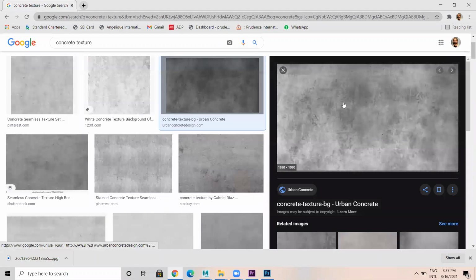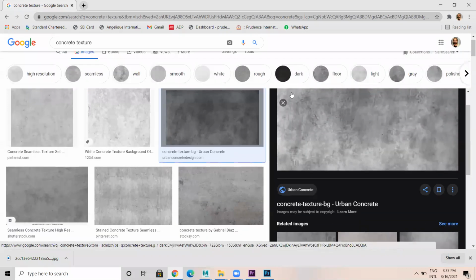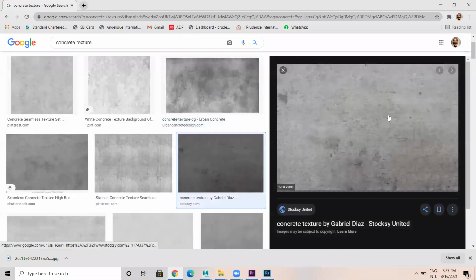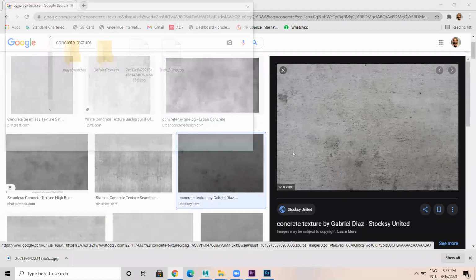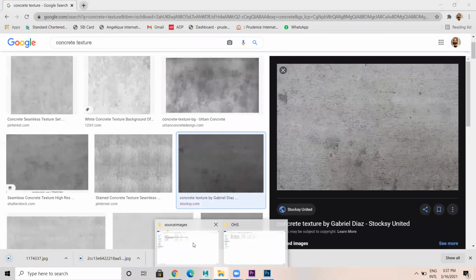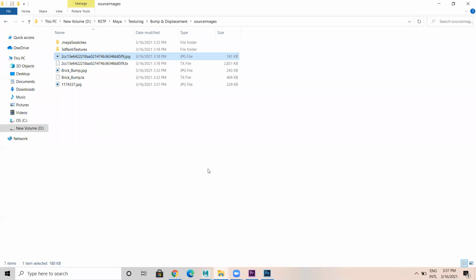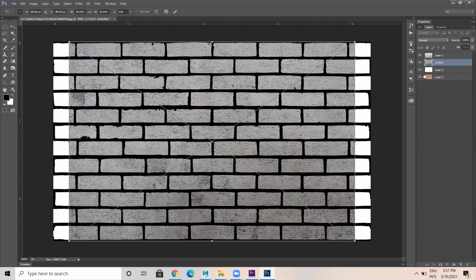I think this type of concrete is fine. Okay, let me save this image. And I get this image here, and I import this to Photoshop here.